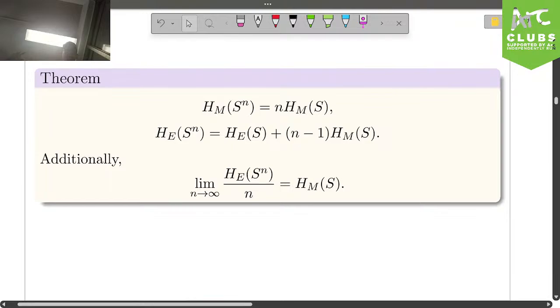This theorem isn't too important in terms of this part. That's just something you can kind of take the word for. The n-1 is a little bit counterintuitive, but it does make some sense, in that in total this would add up to n. So it's similar to what we saw before, but slightly different. For just the Markov one, it would be n times as we saw before, but for the equilibrium it's a little bit different because you do have to bring the Markov entropies into it. But what we observe here again, by similar logic, is that if we just apply the equilibrium naively, then in the long run it's going to reach the Markov for the original source.